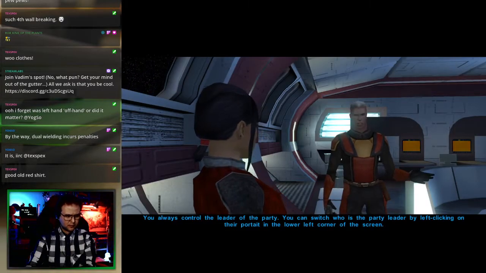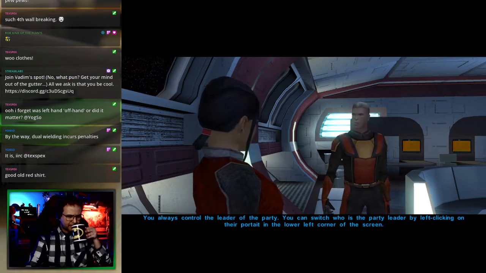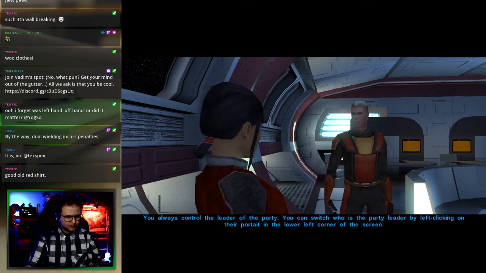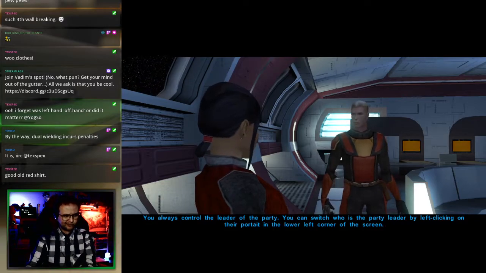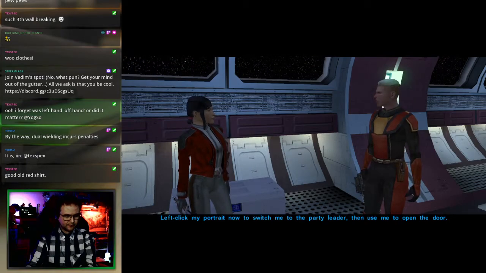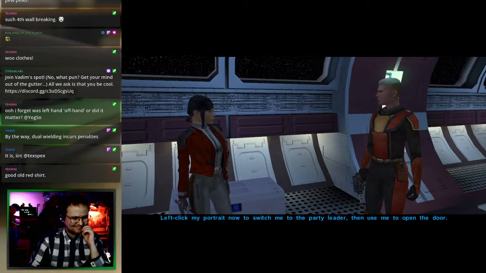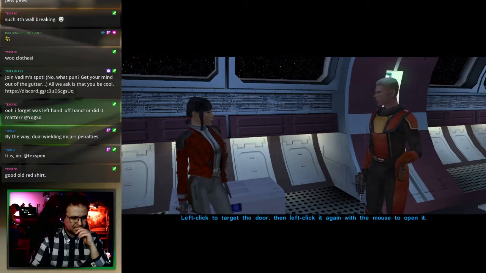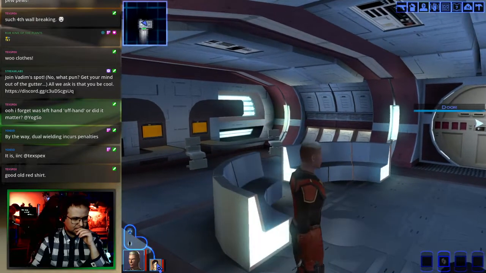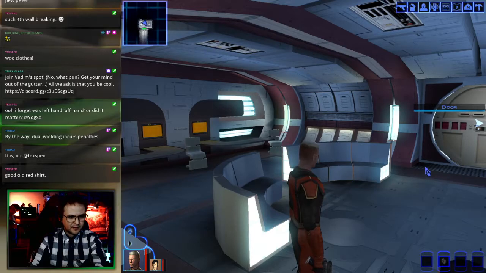You always control the leader of the party. You can switch who is the party leader by left-clicking on their portrait in the lower left corner of the screen. Okay. Left-click my portrait now to switch me to the party leader, then use me to open the door. Left-click to target the door, then... Okay, so...